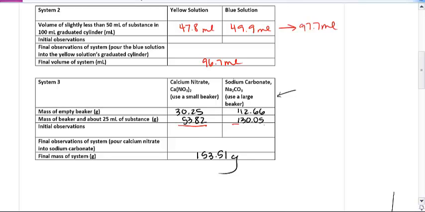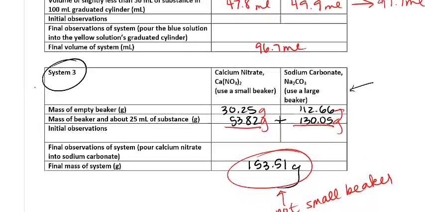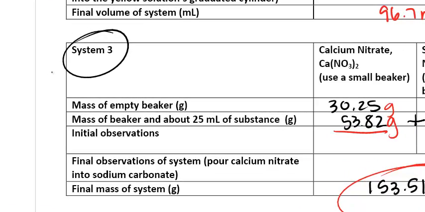It's the same data that everyone took. These are our masses in grams. But when they took this final mass here, they did not include the small beaker. So in order for us to compare apples to apples, if I were to add the two masses, and we're talking system 3, we've already talked about system 1 and 2, if we were to add those two masses together,